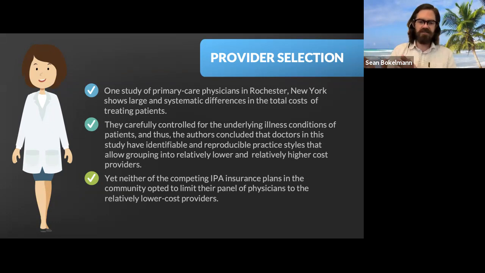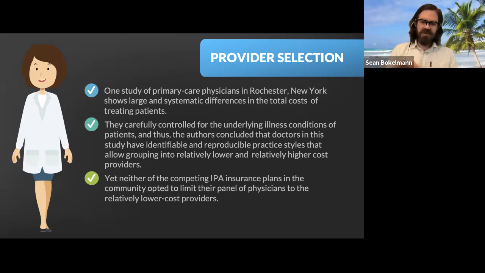So just by looking at their styles, the study was able to group into low cost providers and high cost providers. But the interesting thing is that neither of the competing insurance plans would commit to limiting their choice of provider to the panel of physicians in the lower cost group,